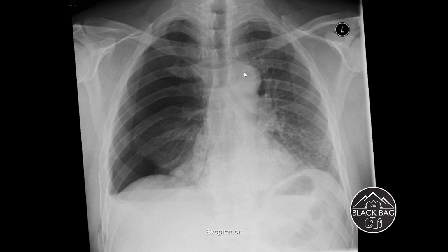So again, part of what you want to think about when you see an X-ray like this is not just, oh, I found a pneumothorax and I need to put a chest tube in, but then backtrack to what was the mechanism of injury. A peripheral rib fracture like this is probably not as big of a deal as if someone had central rib fractures that are closer to the sternum. And if the sternum is broken, then you have to start worrying about what mediastinal structures could be hurt as well, such as an aortic tear, a tracheal or a bronchial tear. So understanding the mechanism of injury is important for how many studies you are going to do to rule out